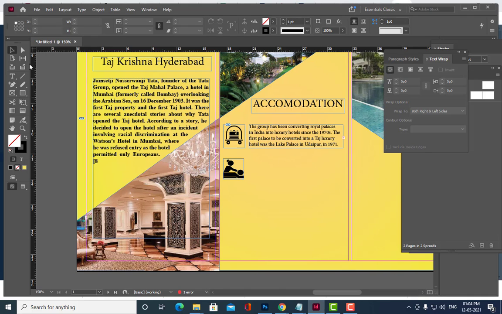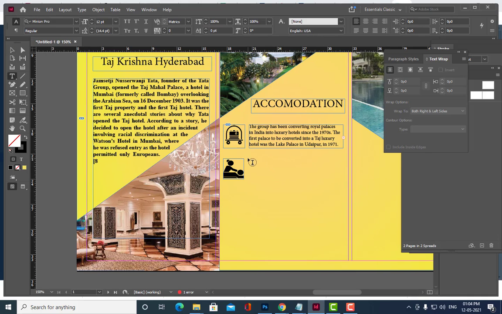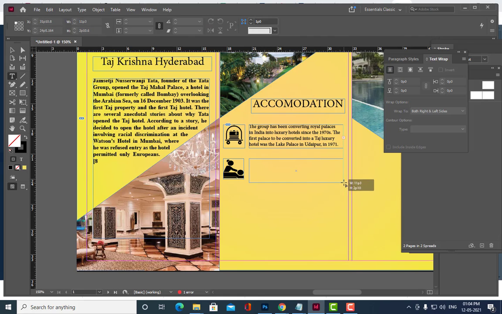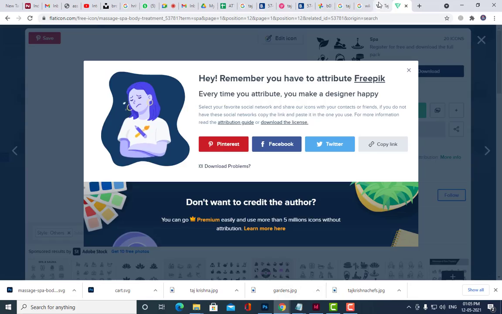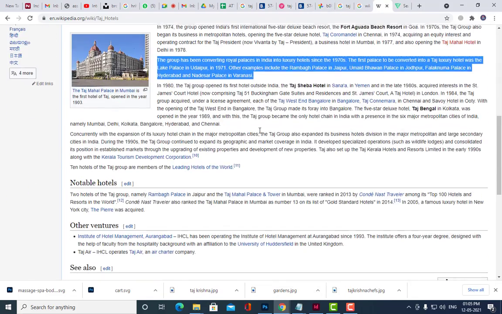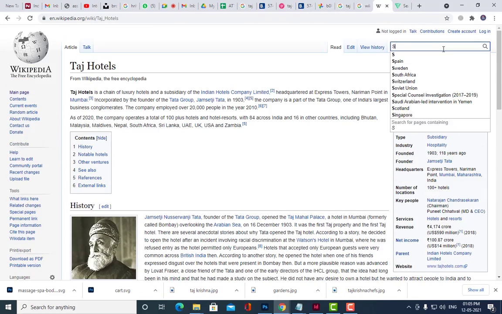And again, let's create a text block here, and we can put the matter related to that spa. So we'll go to Wikipedia again. If you want to type spa, you can type spa here.